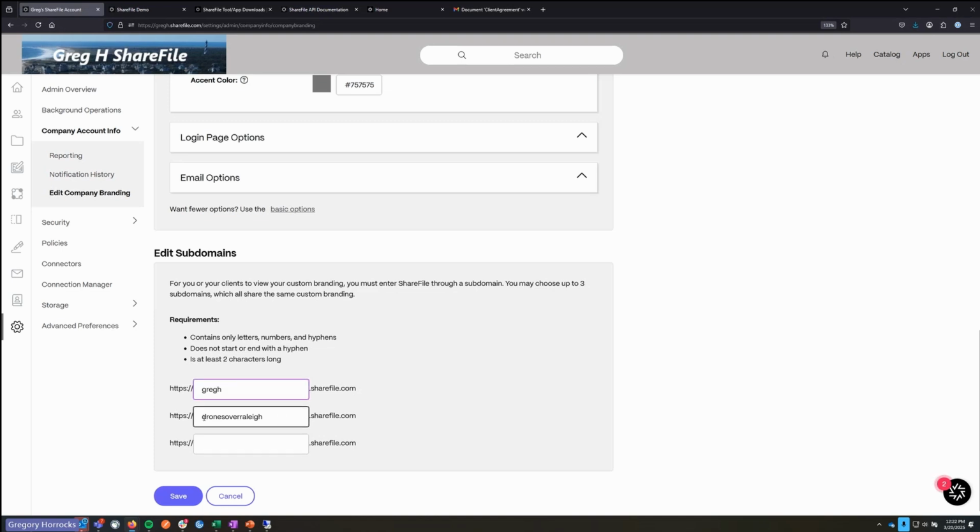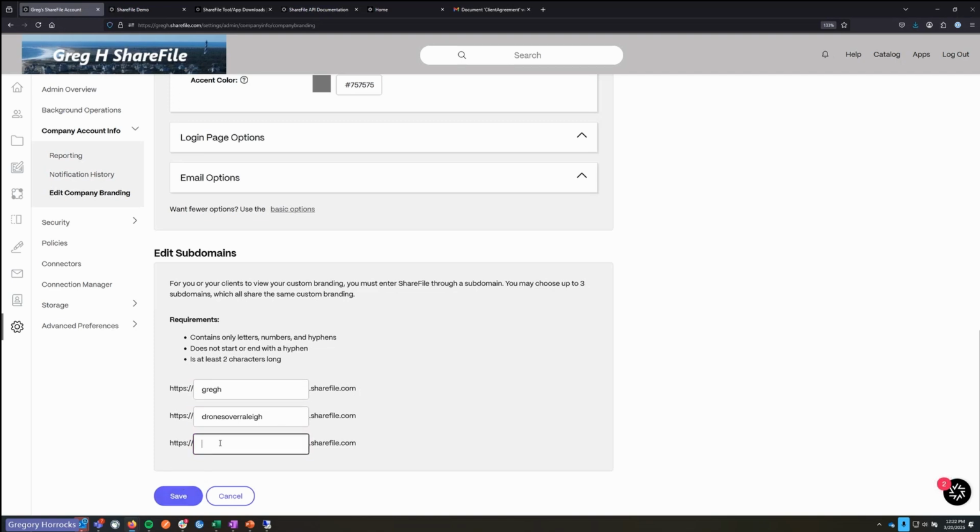You can have up to 3. So if you wanted to maybe shorten the URL for your external users and have your full company name for your internal employees to access, they're all going to be going to the same place. It's just a different way for them to get to it there. And this will check to make sure that it hasn't been used before. Obviously, you can't have 2 accounts going to the same URL, but this will be where you modify those changes